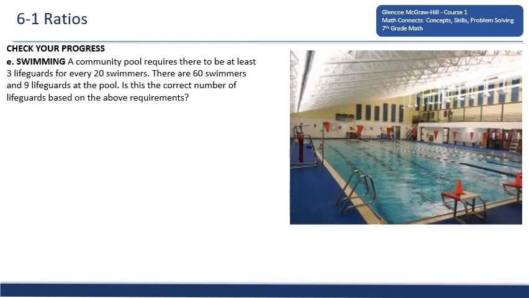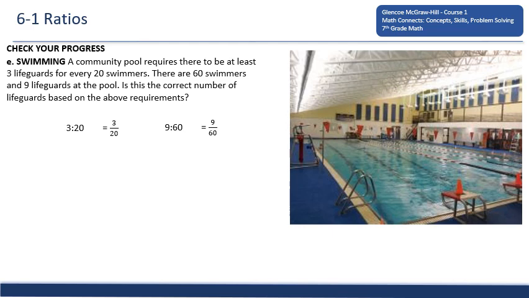Swimming, a community pool requires there to be at least 3 lifeguards for every 20 swimmers. There are 60 swimmers and 9 lifeguards at the pool. Is this the correct number of lifeguards based on the above requirements? So 3 lifeguards for every 20 is a requirement. And there are 9 lifeguards for 60 swimmers